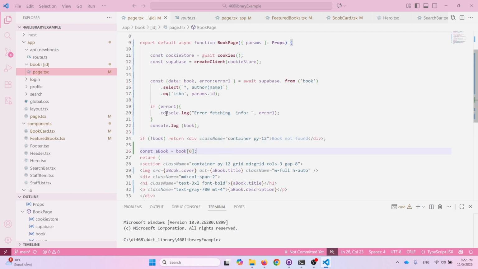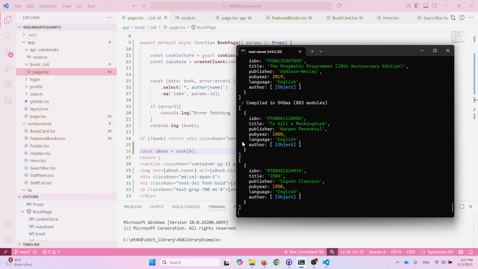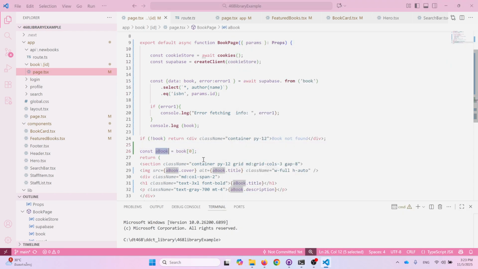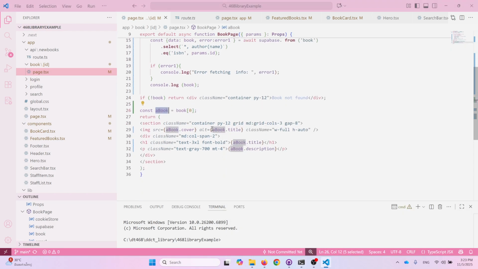So here we got an array. If you notice this, if you see the square bracket, we got an array because we do a select statement. So here inside, we need this particular object. So that's why we do a book is equal to book 0. Okay. So we're going to have to organize this nicely and then show the properties,